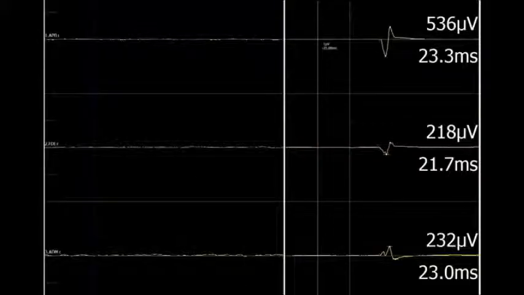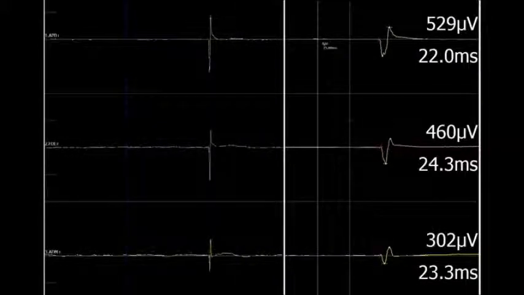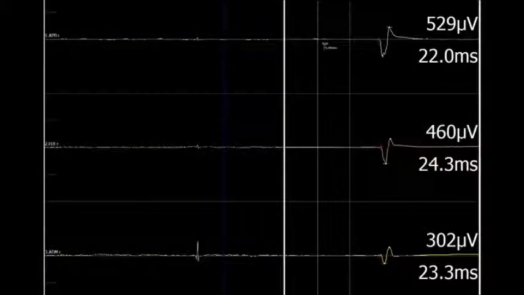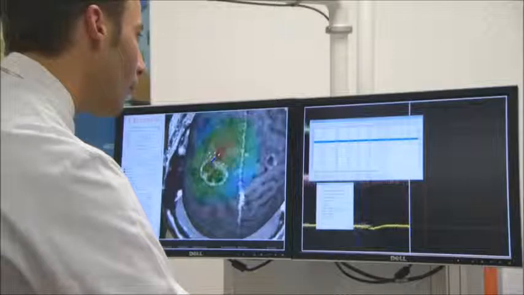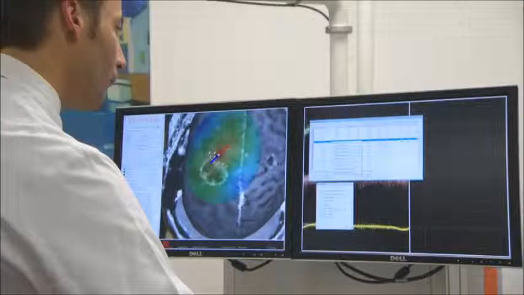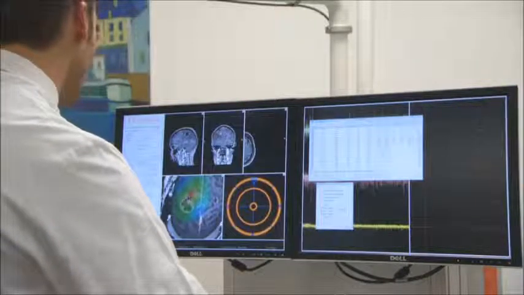The evoked response in the APB muscle is automatically detected and displayed on the APB EMG channel. The evoked responses to all the stimuli are shown in the rendering as a heat map. The stimulation which generated the strongest EMG response from the APB muscle determines the optimal coil location, orientation and tilt